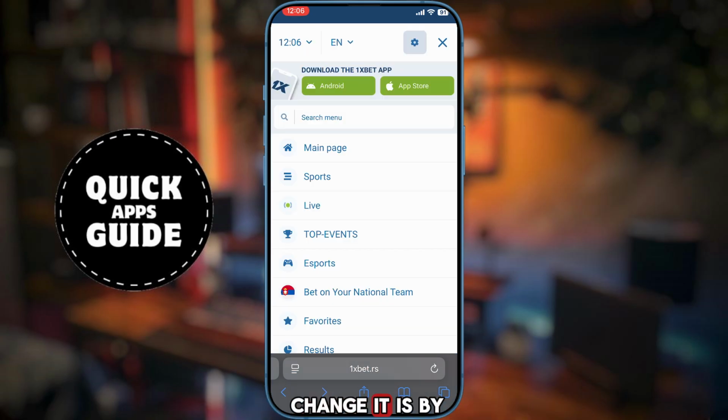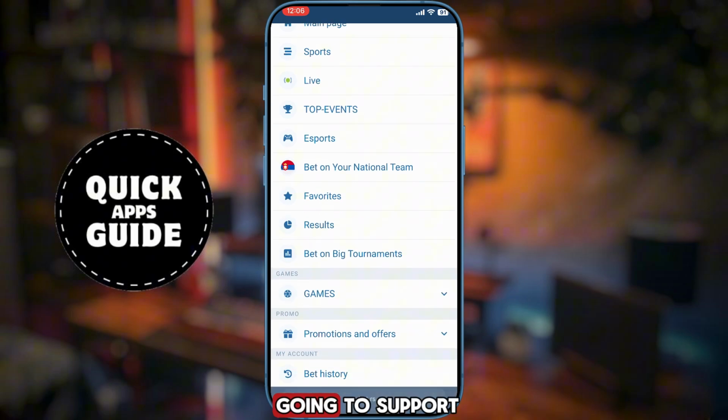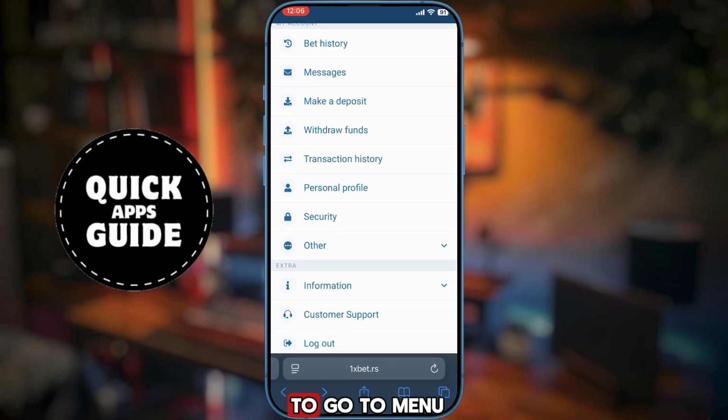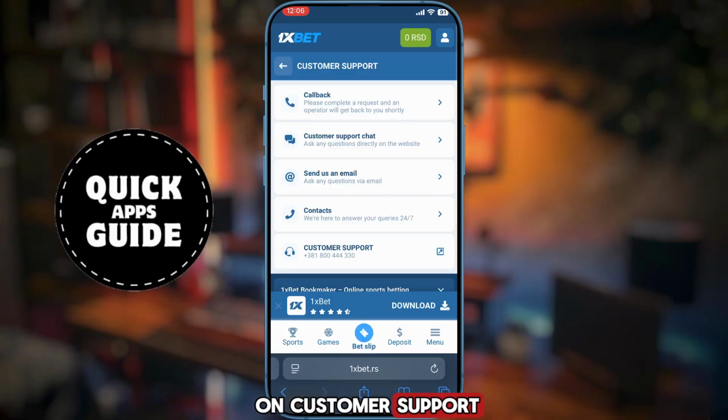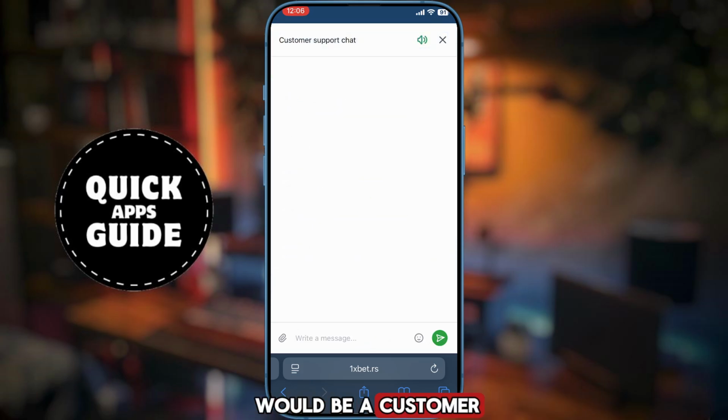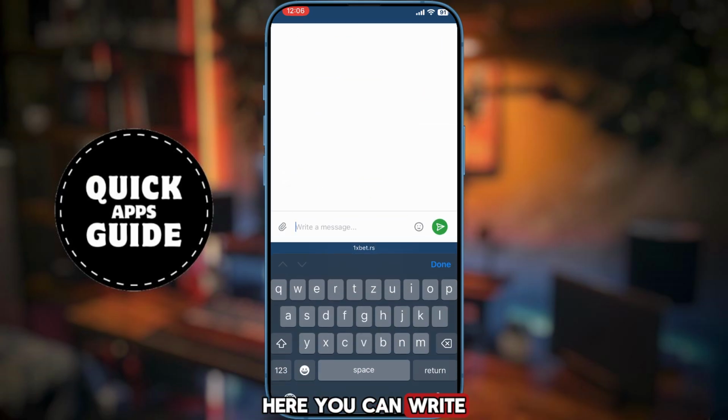So how you can change it is by going to support. You will have to go to menu, scroll down and click on customer support. Now you can either go to contacts or customer support chat or send us an email. So the quickest way would be customer support chat. Here you can write them a message